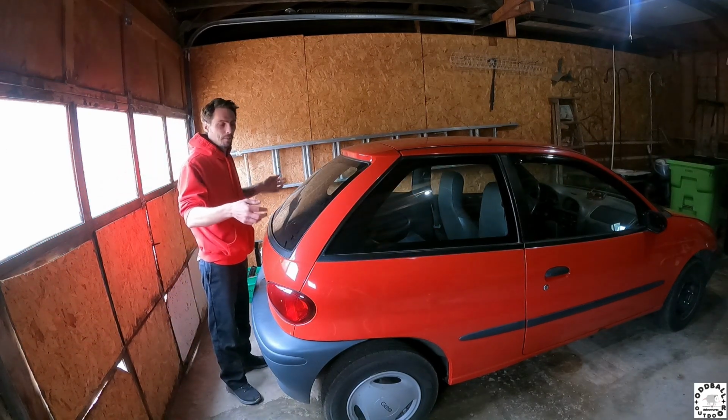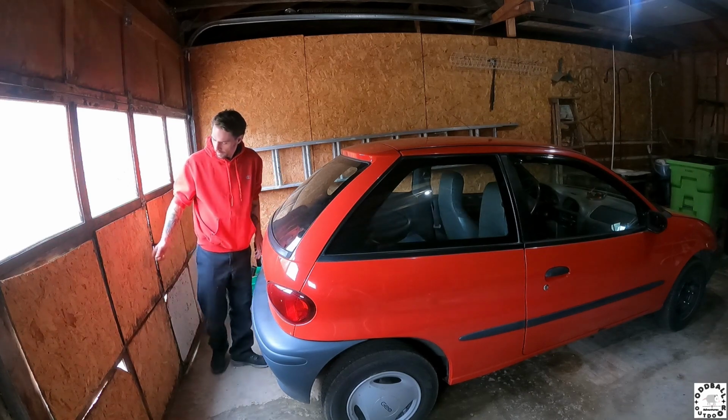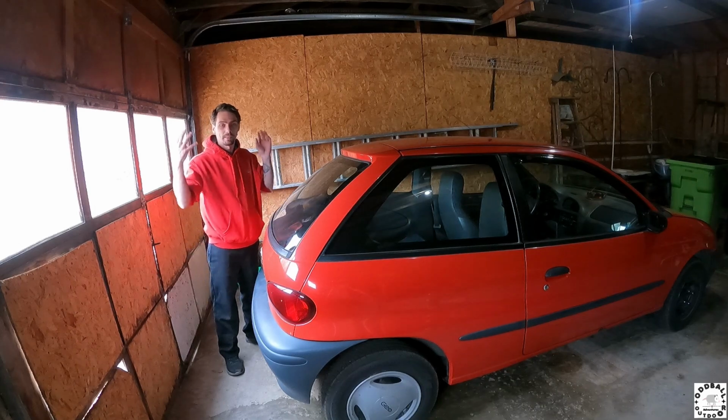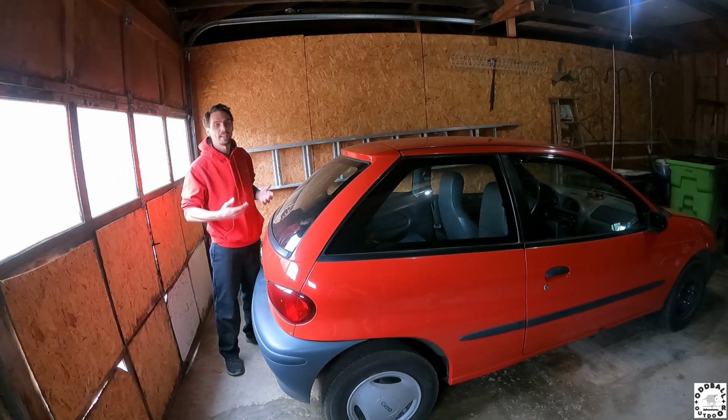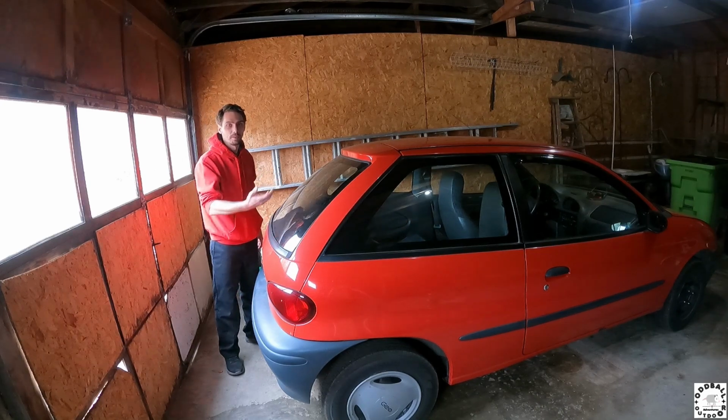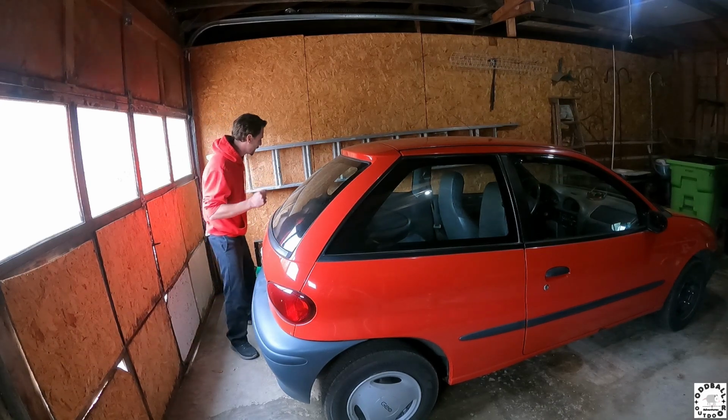So I want to put the new struts in the hatch, but I parked too close to the garage door last night. I don't think this is going to open. Even if it did, it doesn't give me a lot of space to work here. So I could start up the car and move it 2 feet forward, or